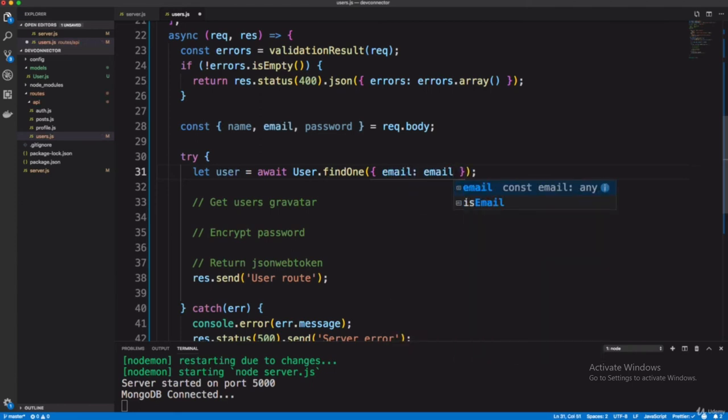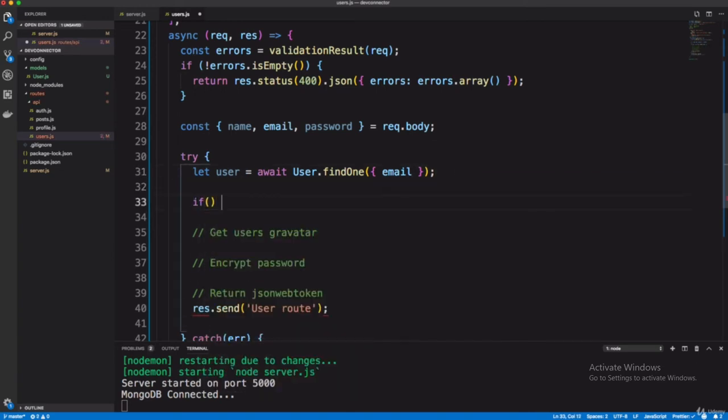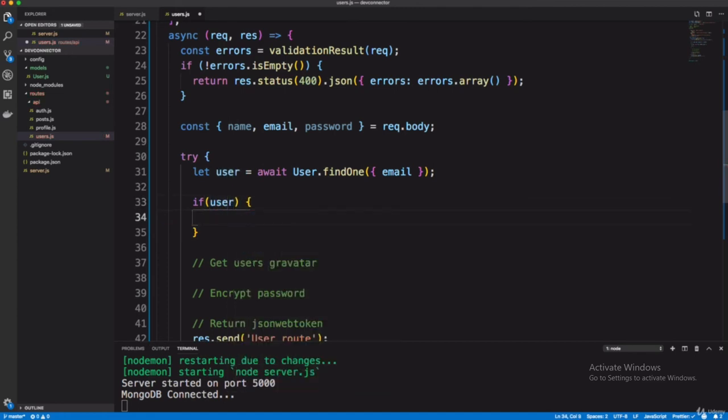We are checking with the email, and if you can see the key and value are the same, you can condense it into a single one. Here if the user is present, you can send an error message in JSON format saying the email is present.